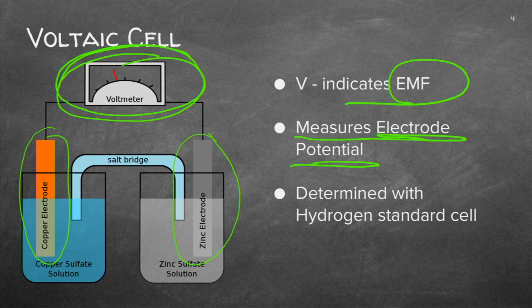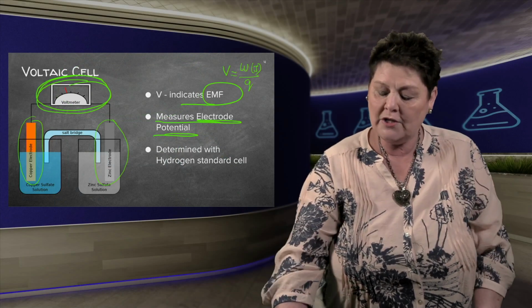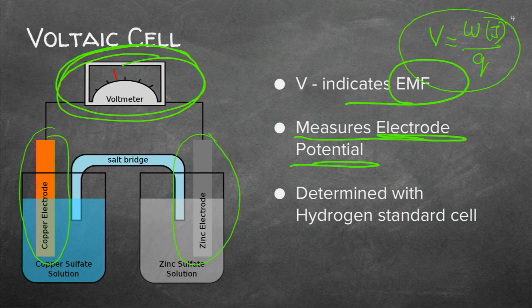One of these will give away electrons and the other one will accept the electrons. And because there's energy related to that, we need to also, at this stage, just acknowledge that the volt is the joules per coulomb. If you have a look at your information sheet, you'll see that equation. So we're talking about energy per electron being transferred. Right, and it's being determined by the hydrogen standard cell.